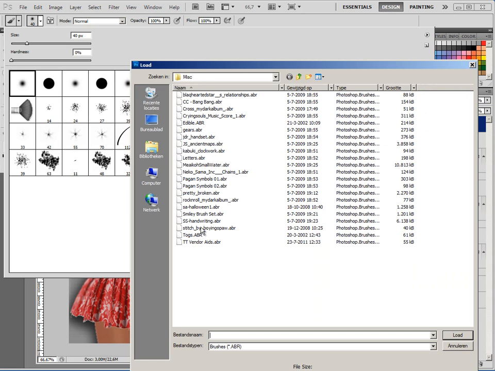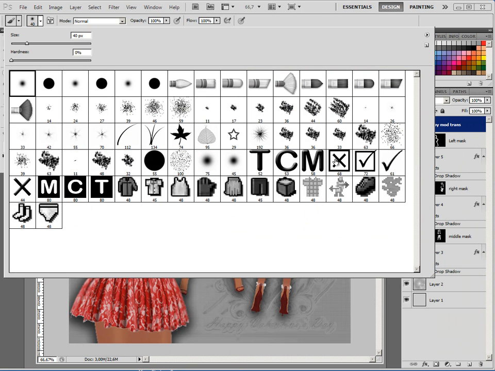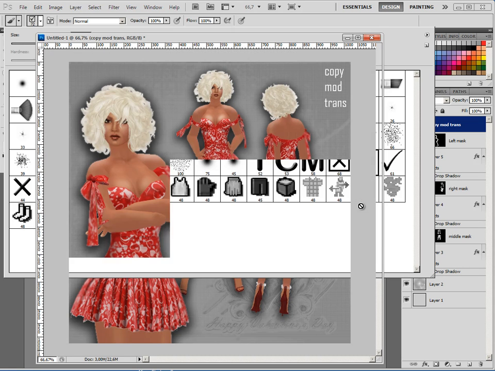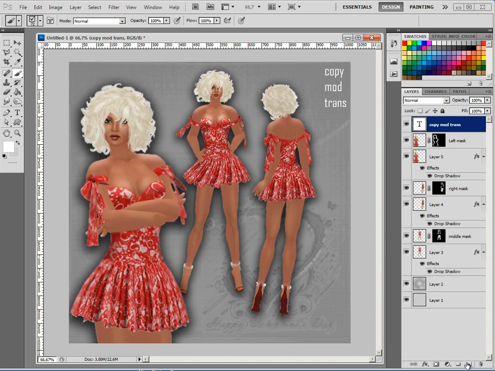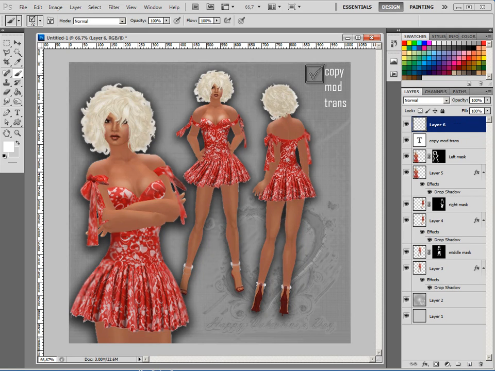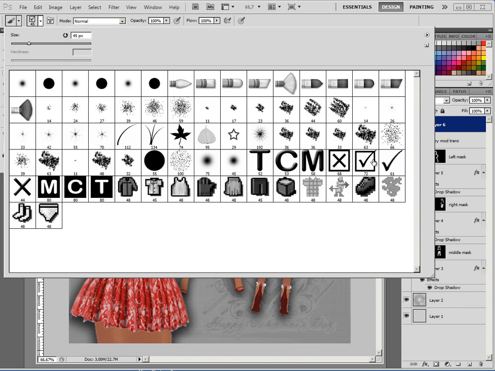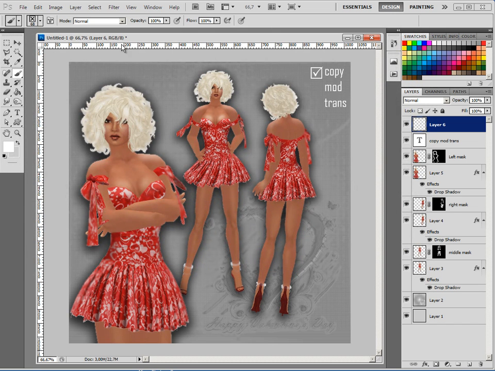I put that in MISC. Here it is, my vendor aids, and I say load. There they are, and these ones I want to use. So I start out with the check box. I need to make a new layer, and I see this is too big, so I scale it down a little there, and I say that is good. And now I will choose the forbidden box, and that one has to be scaled down as well